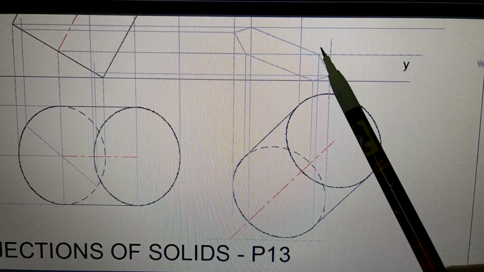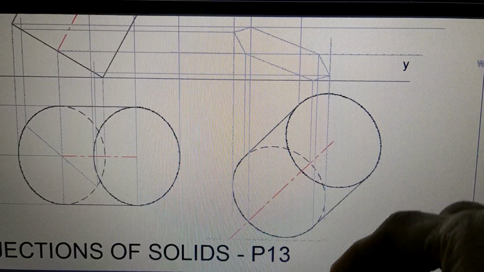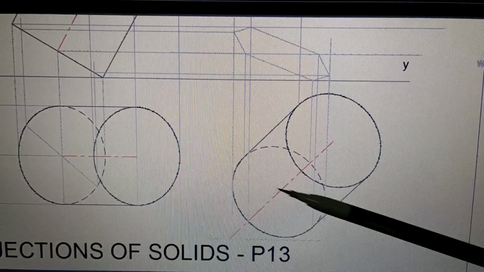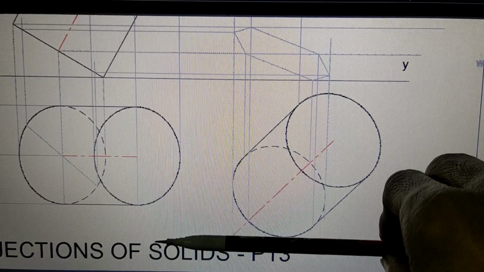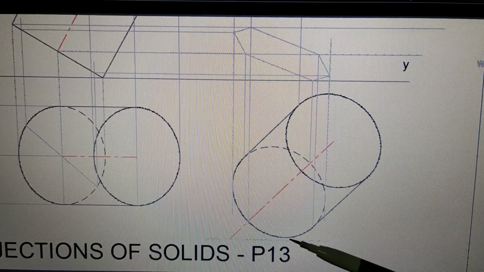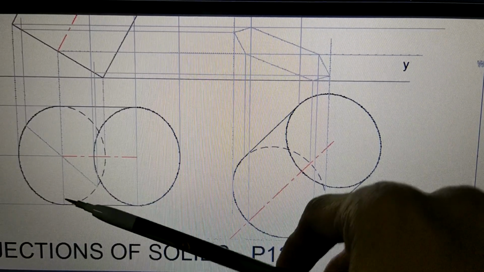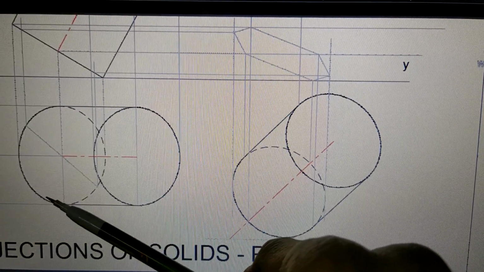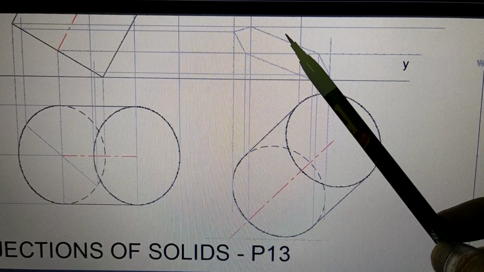So now when you draw, you are in fact supposed to draw one more. I have not drawn, but you have to draw 2 more points. You have drawn AB, now you have to also draw CD. So if you draw a line like this and touch here, then this becomes one more extreme point. Now this extreme point you can mark somewhere here. So this will come somewhere here, and from here it will come somewhere here.